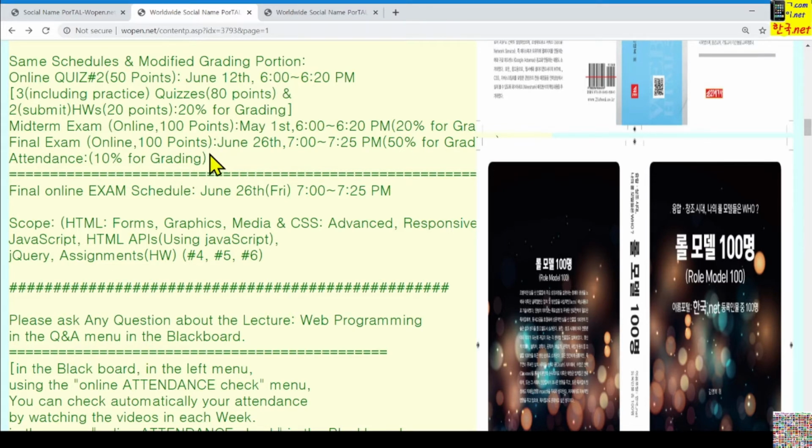That will be the same for the final exam. You should start the final exam right on this time. If you are late, for example 7:05, then from that time I will subtract, depending upon your delay to start, how much you were late. Depending upon that, I will subtract from 7:05.